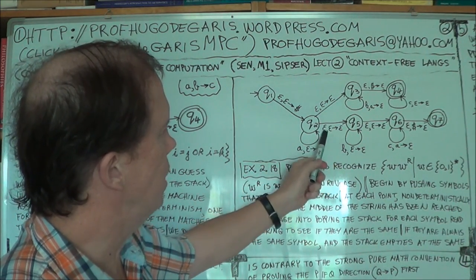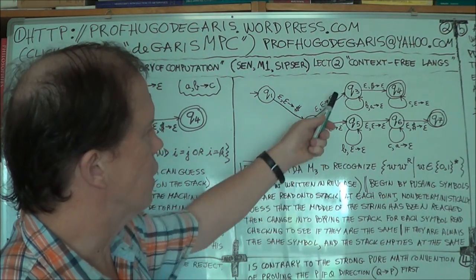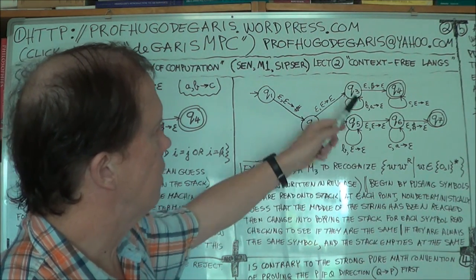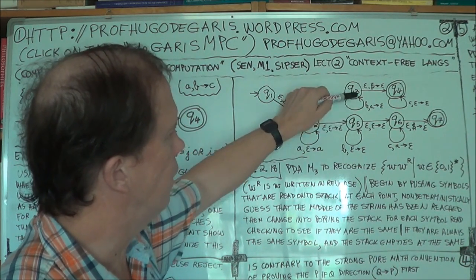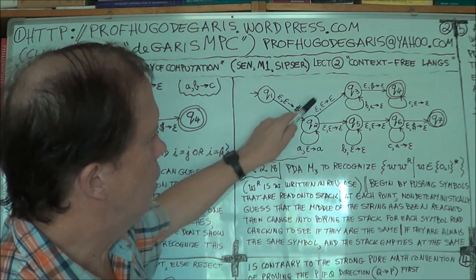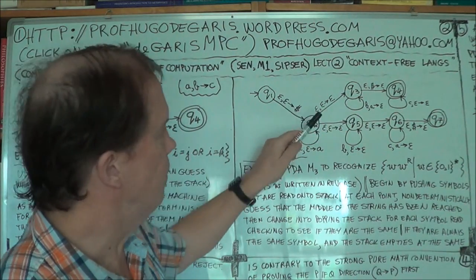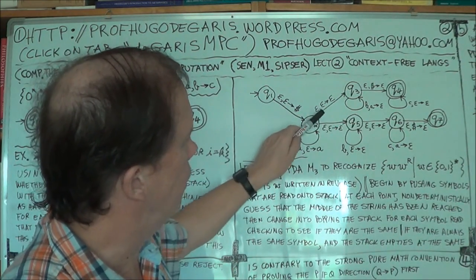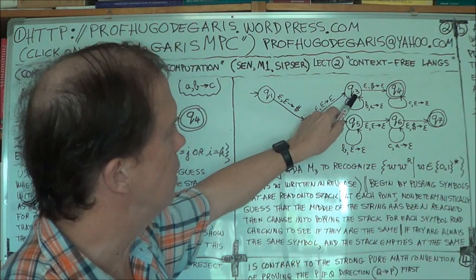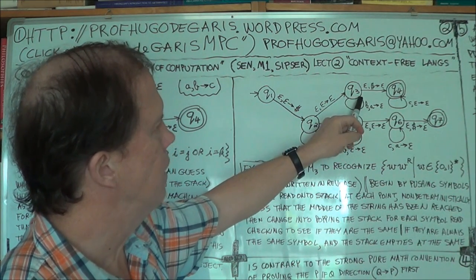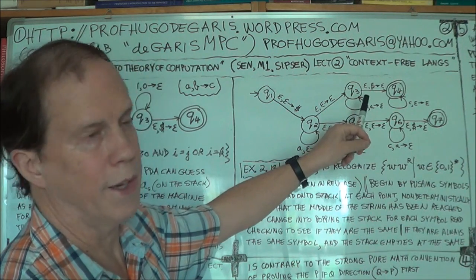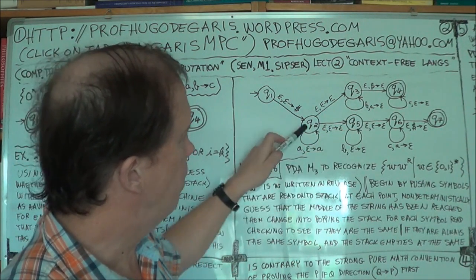Well, interpret these to mean that you just get splitting. So let's start looking at the Q3 or the Q5. Now because you're using non-determinism, you've got a branch that way and a branch this way. If you branch that way, the machine that's in Q3 is now checking to see if the number of B's is equal to the number of A's. Okay? And if you branch this way,